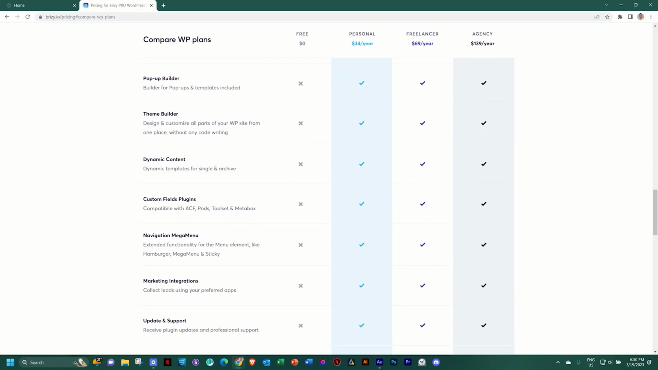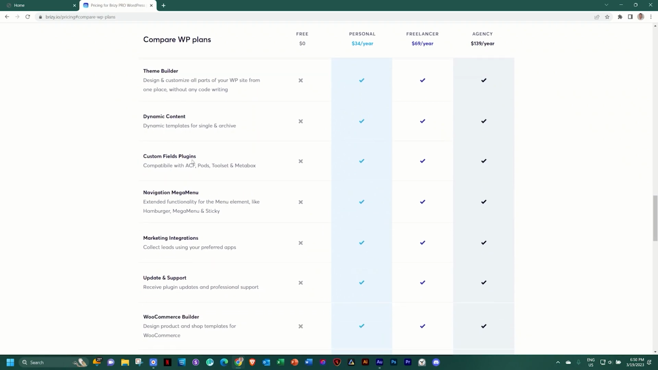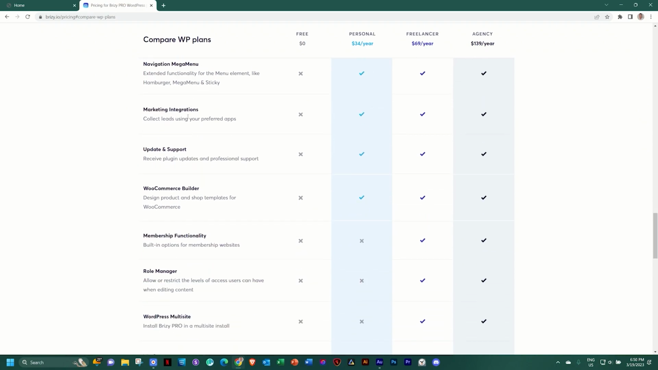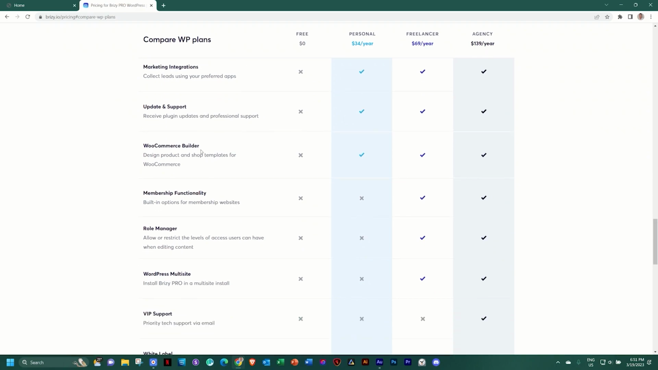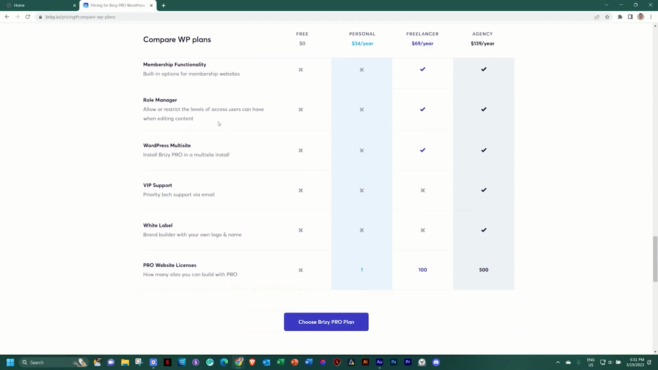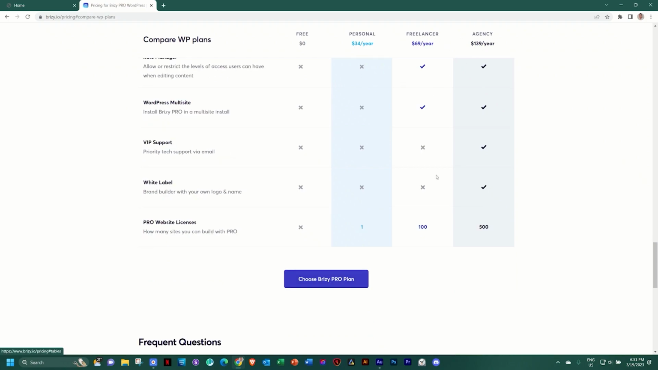So instead of using the header and the footer of the theme, you make it your own, take full control, and then dynamic content, custom fields integration, the mega menu I mentioned earlier, marketing integrations like MailChimp, MailJet, etc., and a lot of extra support that you get from the Brizy team, as well as a WooCommerce builder, membership functionality, very cool feature, including role managers. And then for those who do need that, WordPress multi-site,